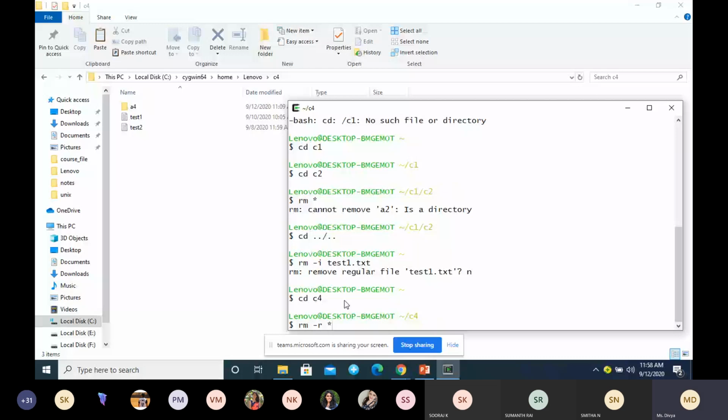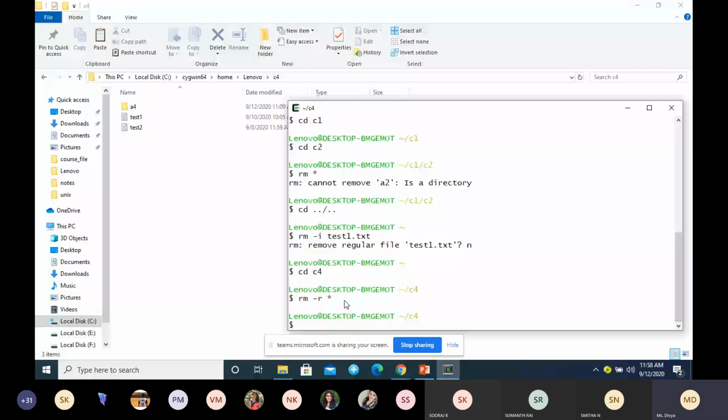Now you can see what will happen. It is deleting all the directories and all the files, correct? So this option -R will delete everything which was there inside C4. It may be a file or it may be a directory, with the option minus capital letter R or minus small letter r. So in recursive deleting, it will delete everything: the directory, all the files inside that directory, whatever the folders, everything it will be deleting.